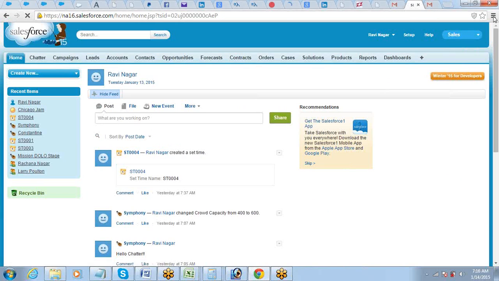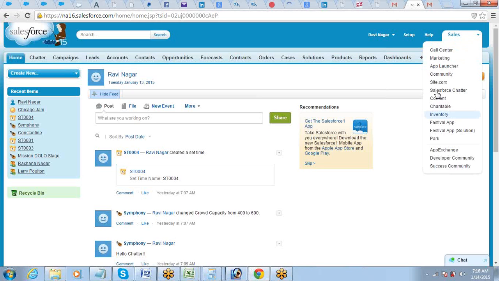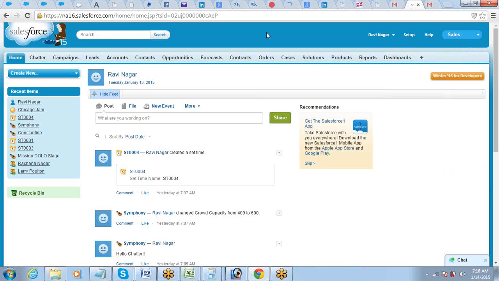Alright, here we go. So once you create your developer edition, you see a lot of apps already in the apps drop down menu, and you do see a sales app here as well, which is the default app. Okay, now let's understand a little about the sales app, and I also want you all to understand what is campaign, what is lead, what is account, what is contact. The reason you need to understand these things and how they are connected is that most of the times you will be required to work on